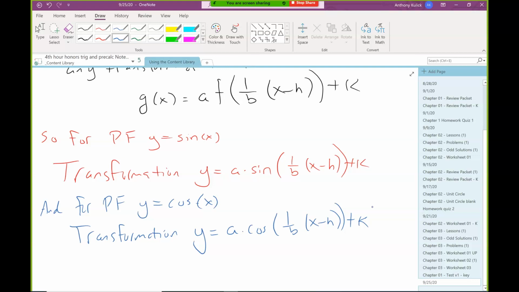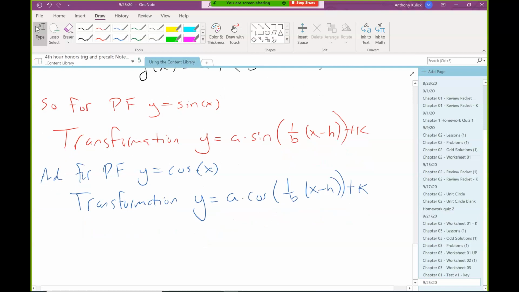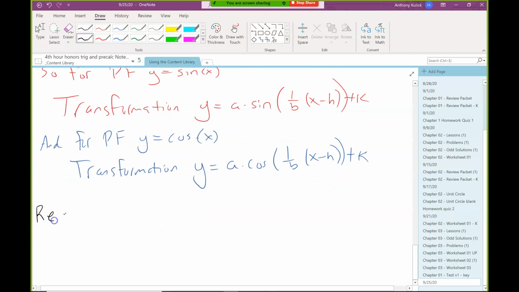Does that all look familiar? So all we did was apply that general transformation for any parent function to the specific sine function and the specific cosine function. And you should also then recall